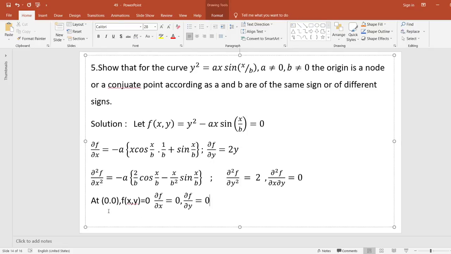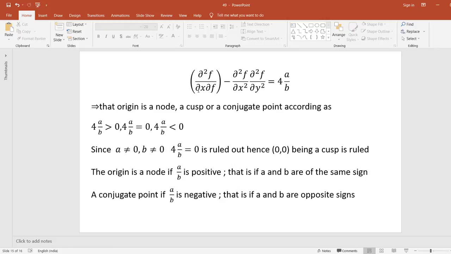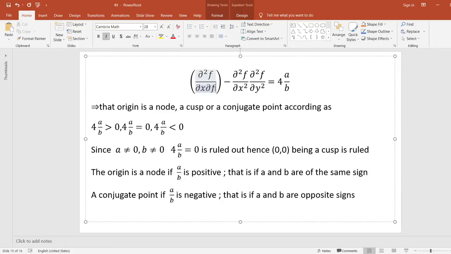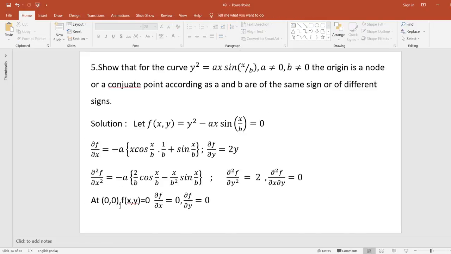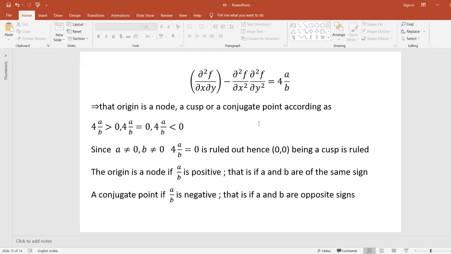Next, look here, at the point 0 comma 0, they have given 0 comma 0 is the double point, therefore f of x comma y is equal to 0. We have to find out del f by del x is equal to 0, del f by del y is equal to 0. Look here, consider del square f by del x into del y minus del square f by del x square into del square f by del y square is equal to what we have. Look here, what we have, this value is this. At the point 0 comma 0, cos 0 value is 1 and sin 0 value is 0, this term becomes 0, and minus 2a by b, and this is 2. Look here, minus 2a by b,